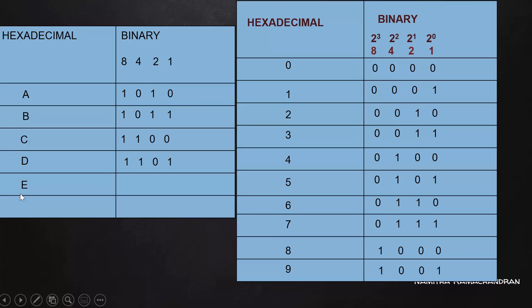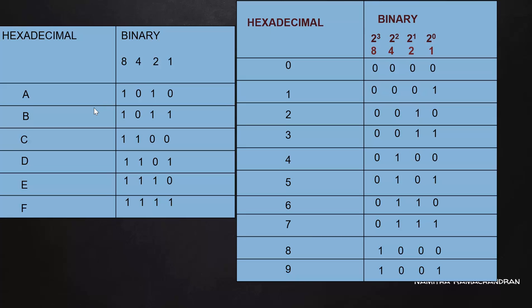14 is represented with capital E. Okay, how can we generate this 14? This 8 plus 4 plus 2 is 14. That is why 1110. Next is decimal 15, which is equivalent to capital F in hexadecimal. That 15 means 8 plus 4 plus 2 plus 1. So 1111. So this is the required table for our direct conversion from hexadecimal to binary as well as for